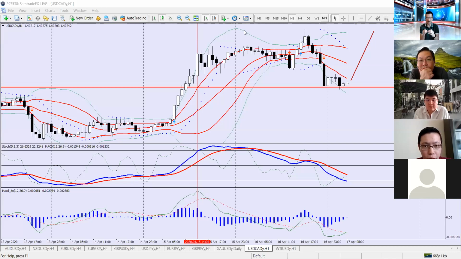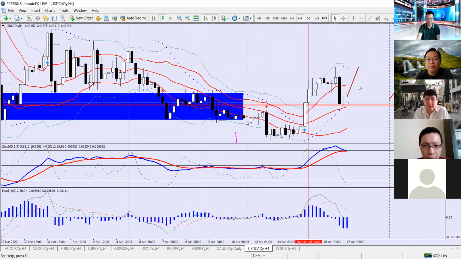Taking advantage of a relatively small stop loss, a relatively small risk towards a 1 to 2 times, or possibly even 3 times reward in terms of profit levels as well. So that's something that I'll be paying quite close attention to in terms of a trade idea. At this point, though, I don't think that it's going to happen today. Maybe today, maybe next week that this trade might happen.